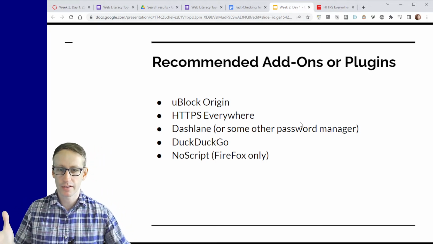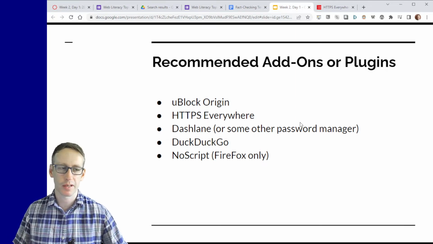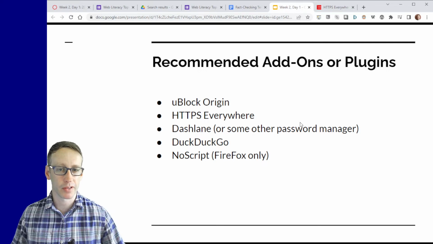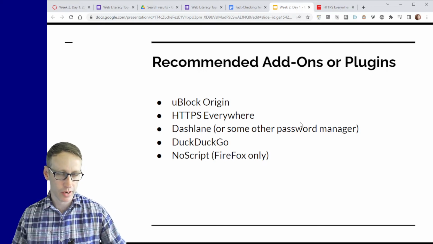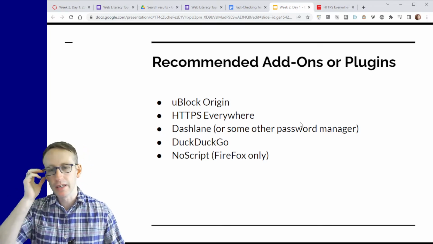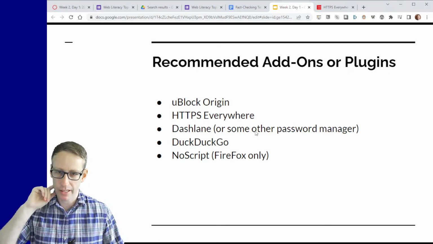And it's very important to have separate passwords for different websites, and it's of course very hard to keep up with them on your own. So using a password manager that you log into with one password and then it logs into everything else for you, that's really the way to go. So I really strongly recommend that. Dashlane